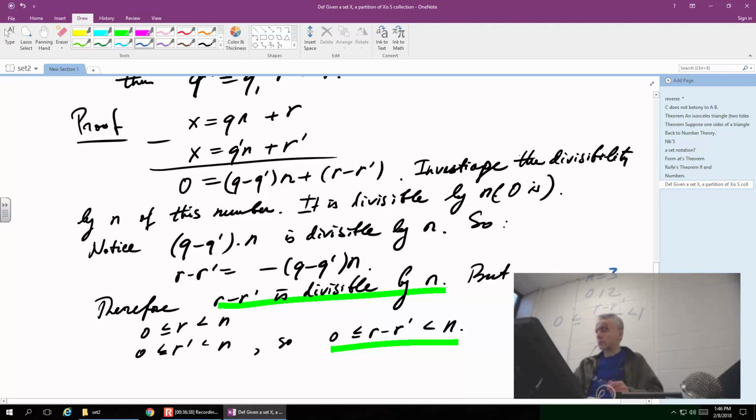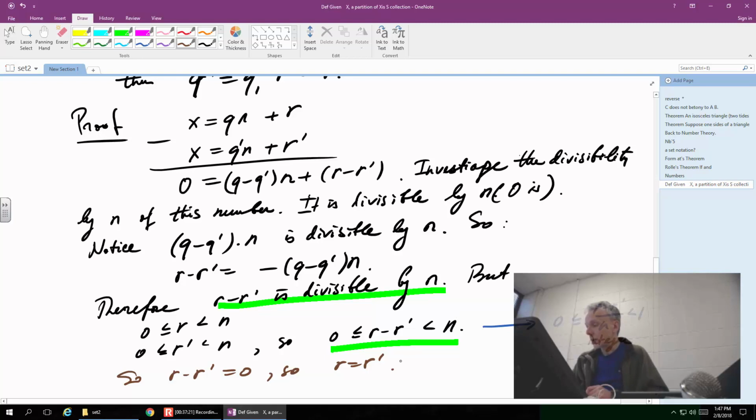So an integer might explain what's going on. You start with an integer, then you divide by n, which gives you a fraction, and that fraction is less than 1. But R minus R prime is divisible by n, right? So this is actually supposed to be an integer. An integer between 0 and 1, not including 1. Only 0. So indeed, R minus R prime is equal to 0. So R is equal to R prime.